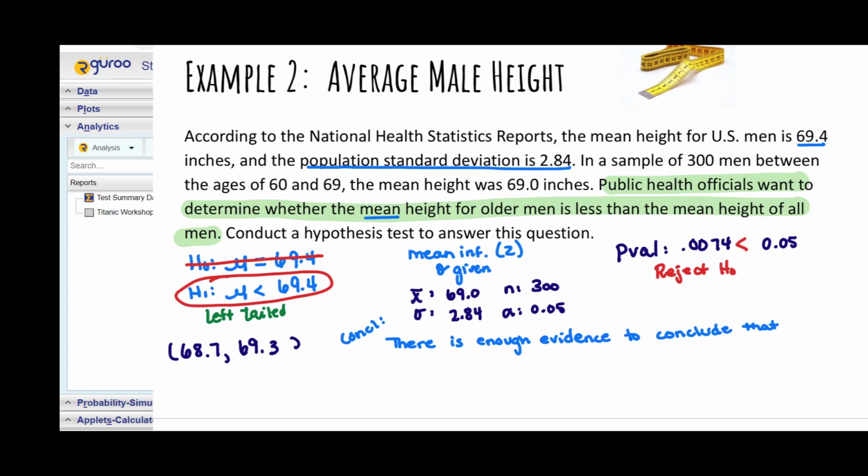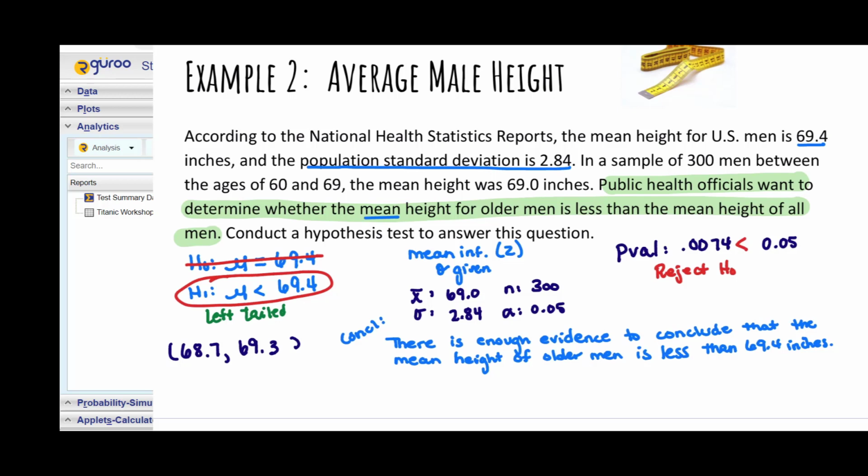We need to say there is enough evidence to conclude that the mean height of older men is less than 69.4 inches. You could also say there's enough evidence to conclude that the mean height of older men is less than the mean height of all men, because that was how it was worded in the